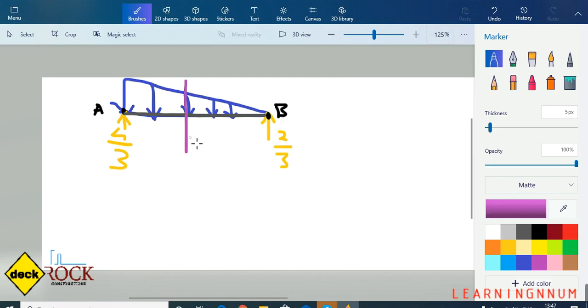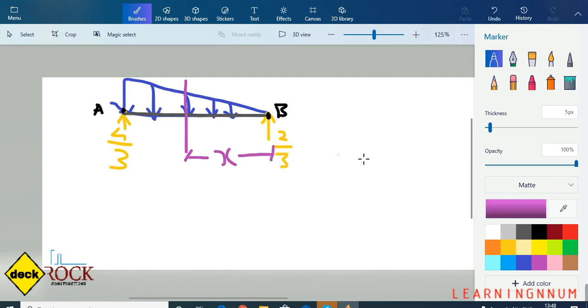Suppose I am taking this section from point B. Why am I taking it from point B? It is up to you. If I consider the section from point A, what type of loading would I get? Trapezoid loading. If I take the section at a distance x from B, then I would get triangular loading. Which is easier for general students? Triangle. So it is up to you. For me, either triangle or trapezoid is similar. But for the sake of understanding this concept, I'm taking this section at a distance x from B.